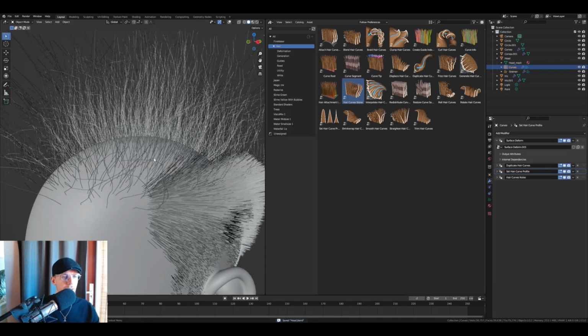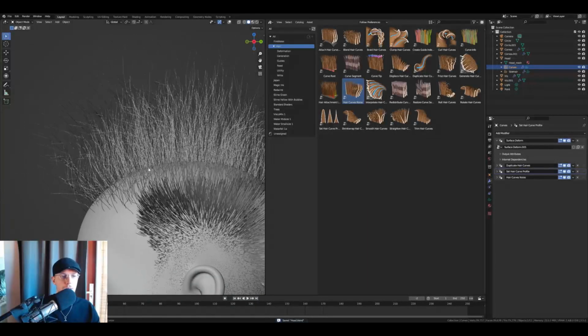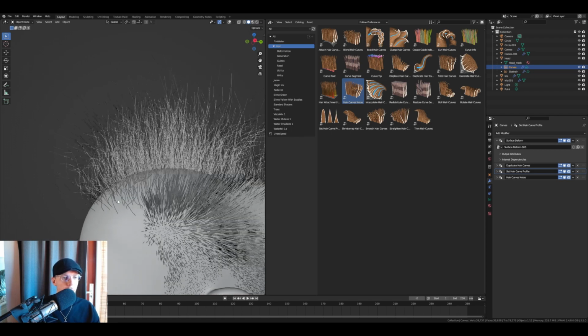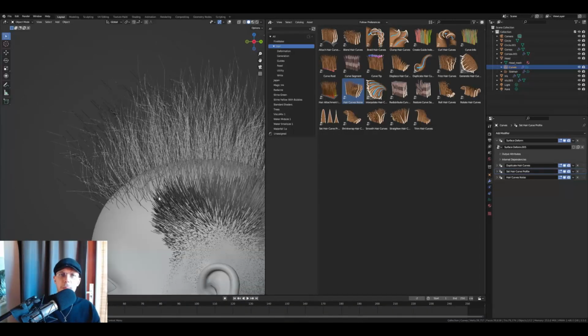Right, so these are going to be our initial hair strands. And that is because we have added the noise after the duplicate hair curves. Which means that the hair curves that are close together are probably going to be following the same kind of noise pattern a little bit, right? So they're going to be closer in the same directions. All right, and now we're going to add another